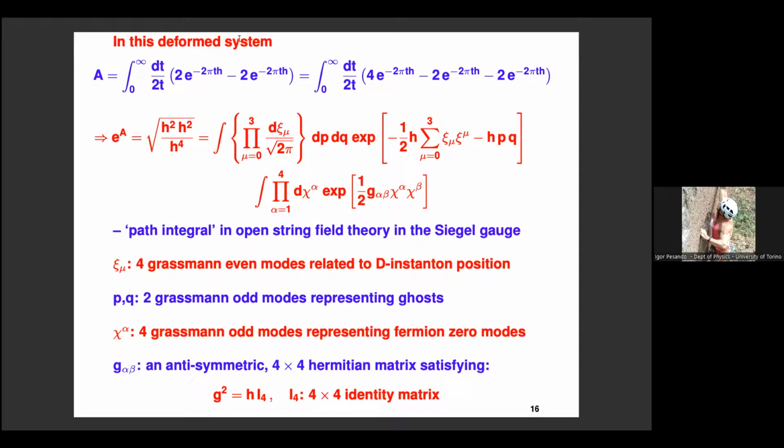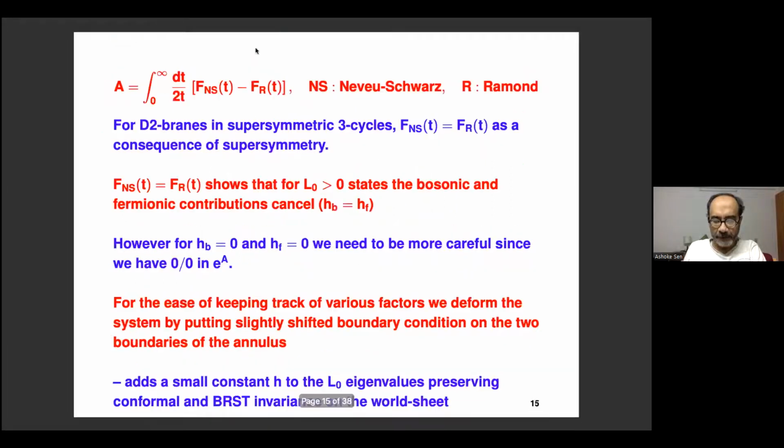Once you make this deformation, then we don't have 0 anymore. Here what I have written is the contribution to what would have been the 0 h equal to 0 states. Massive states cancelled anyway, so I have removed them. And what you find is that once you add a small shift in h, it's actually 2 minus 2. Earlier there was a contribution of 2 from the Nebuchadnezzar sector and 2 from the Ramon sector. So this F_NS was 2 and F_R was 2.